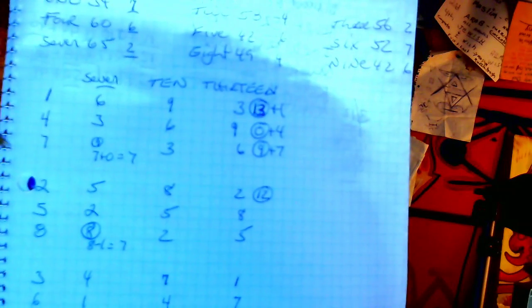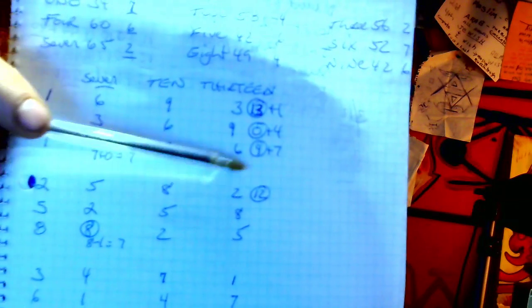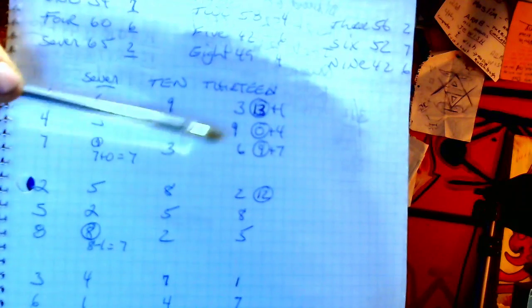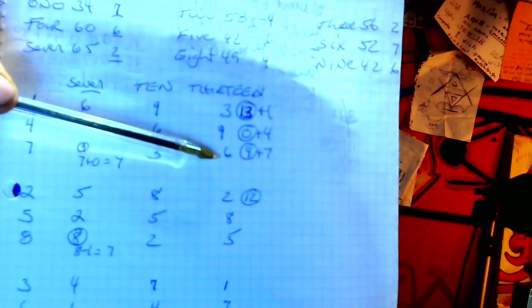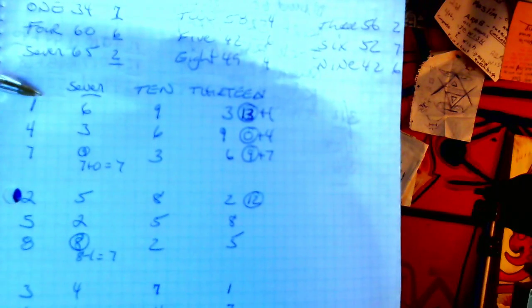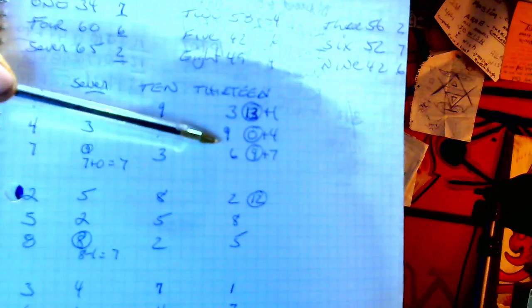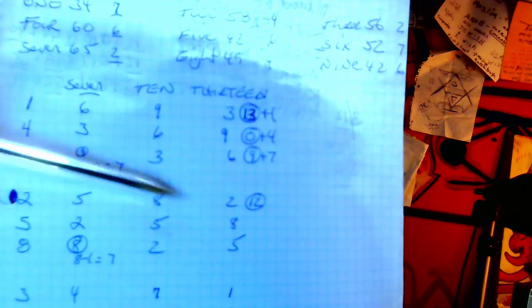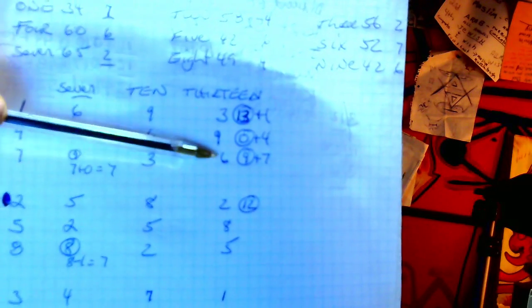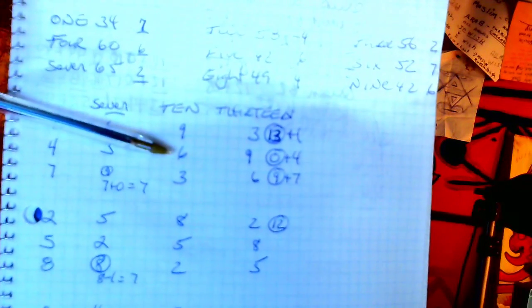7 and 9, excuse me, let me see this again. 7 and 6 is 13. Okay. 1 and 3 is 4. 4 and 9 is 13. 1 and 3 is 4. 7 and 6 is 13. 1 and 3 is 4. 4, 4, 4. So now we see in the 1 group 6, 3, 9, 9, 6, 3, 3, 6, 9,